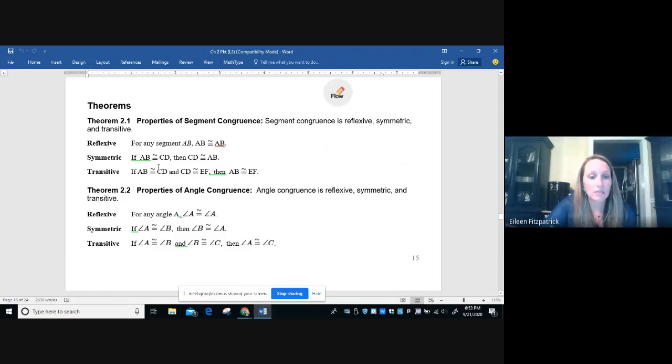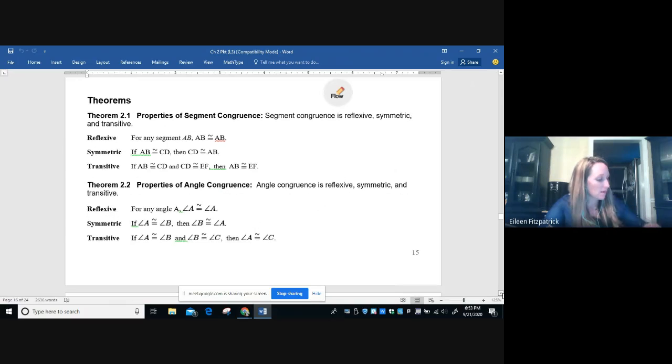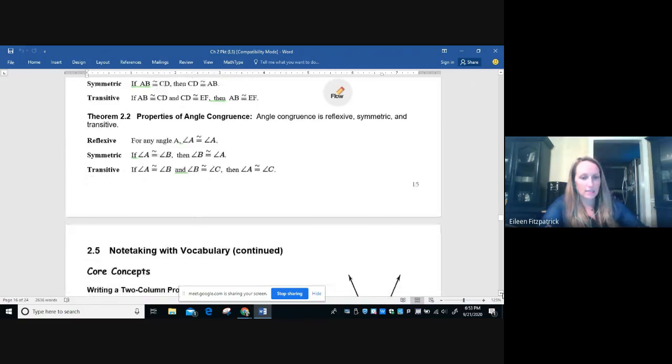Transitive, AB is equal to CD, CD is equal to EF, then AB is equal to EF. I always look for where they overlap, what they have the same, you can kind of cancel them out, and what you're left with is AB is equal to EF, okay? And it looks the same for our angles. All right, so after that,